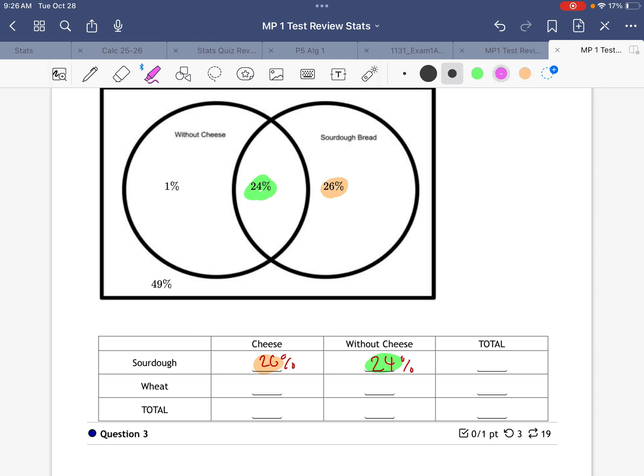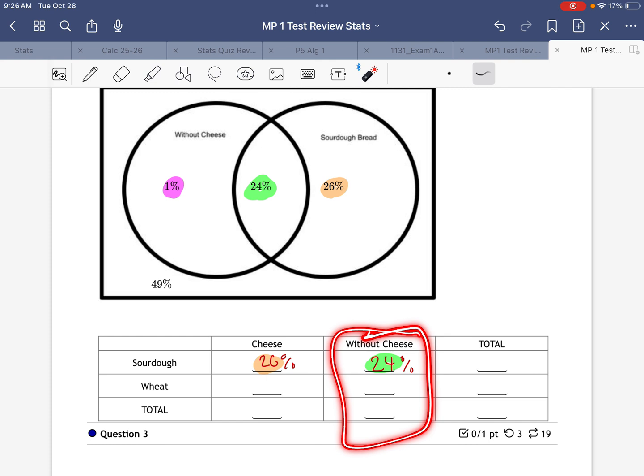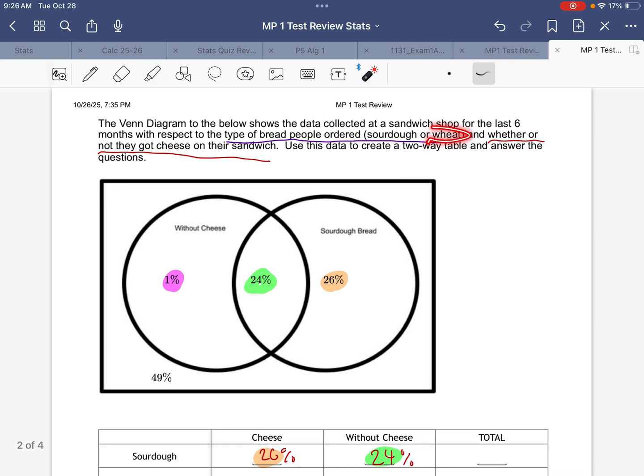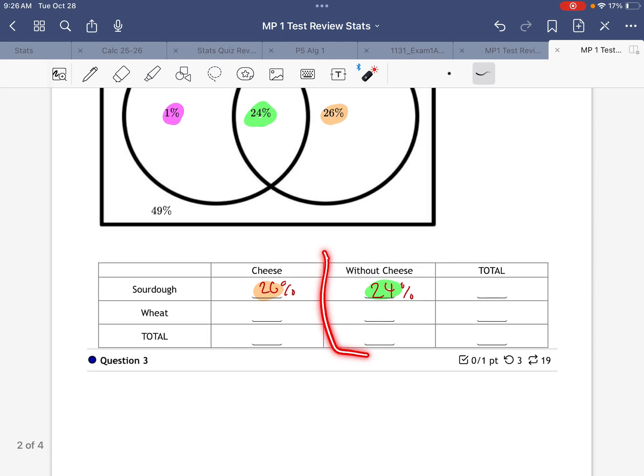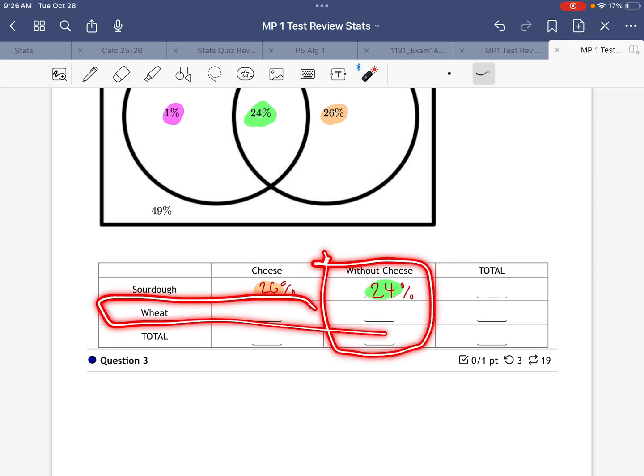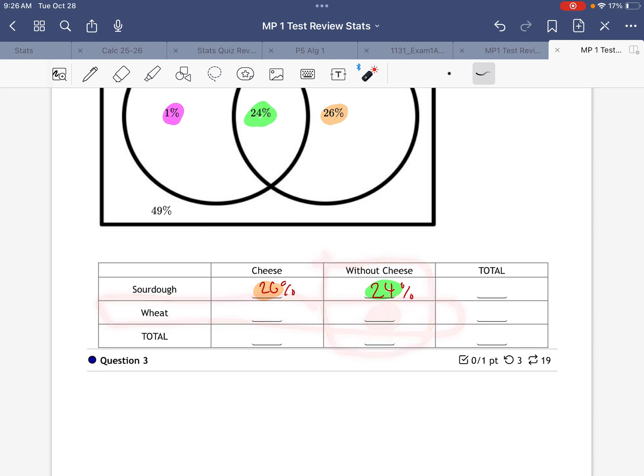For the one here, where it's 1% without cheese, I know I'm in the column of without cheese, and if it's not in the circle containing sourdough bread, we said my other option was wheat bread. So I want to be in this column, in the row of wheat. That's where the overlap here is going to go. So this 1%